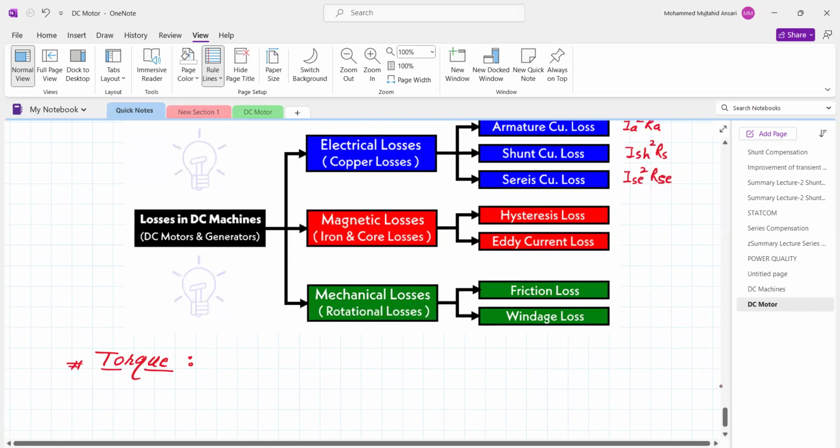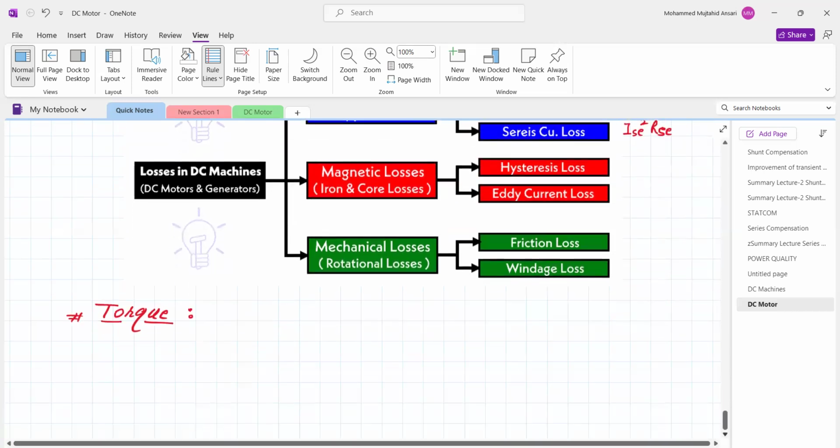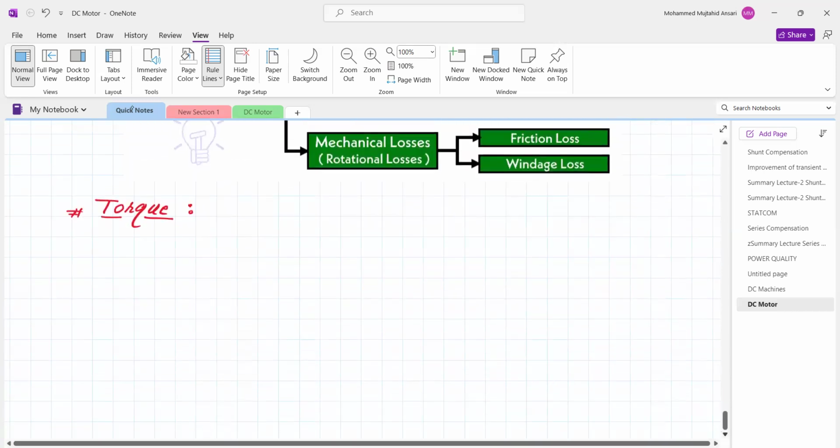What is torque? Torque is nothing but the turning or twisting moment of force about its axis, because the rotor has a circular motion. It is not a linear motion, it is a circular motion. So we will say the torque